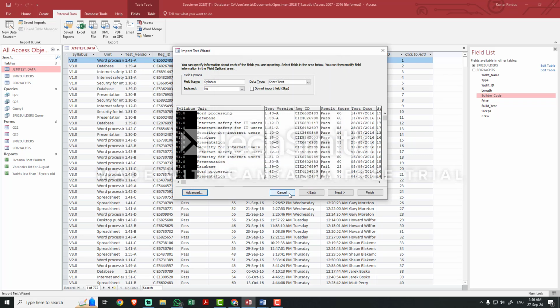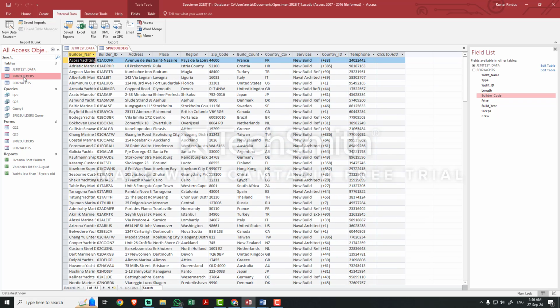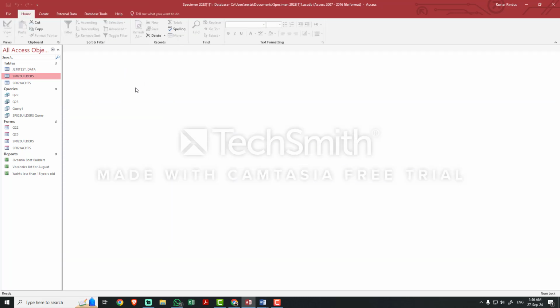One thing they mentioned as well is the formatting of telephone. When you try to import a telephone, it must be imported as text. So make sure that it is formatted as text while you're importing. It should be short text, not numeric, because that is always the case in the examination. I think that was the only thing they're concerned about in terms of importing files.